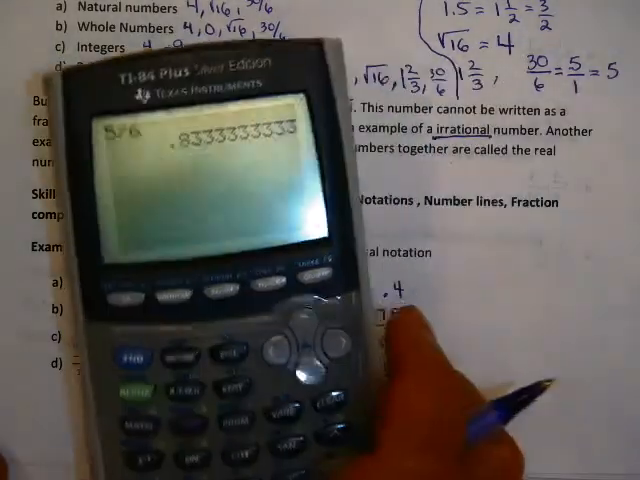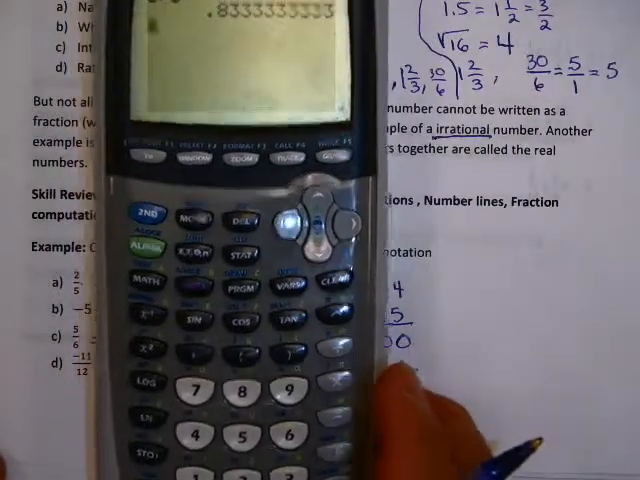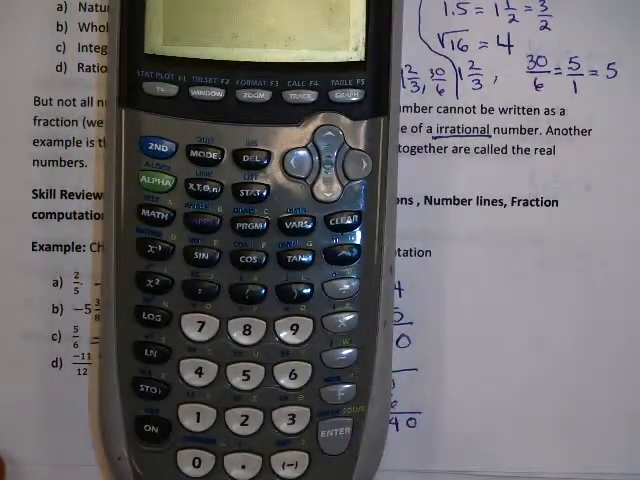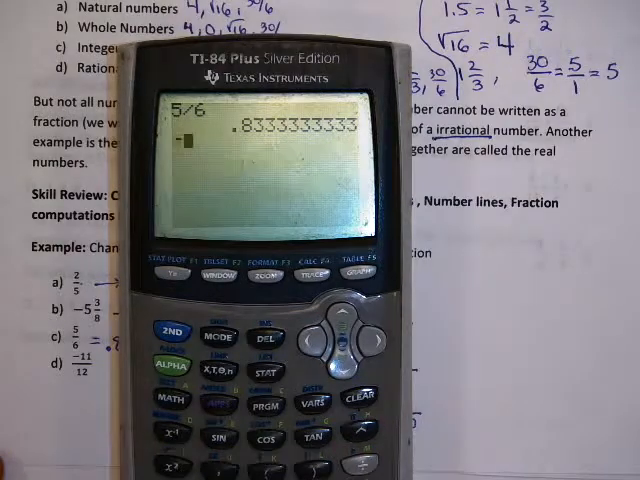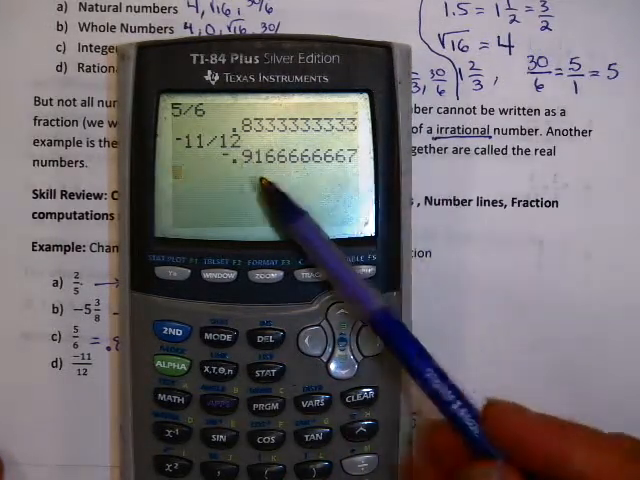How about minus 11 over 12? Well, where's the negative sign on your calculator? The negative sign is this right here. This symbol right here for the negative sign. So I'm going to do minus 11 divided by 12. And you'll notice this is minus